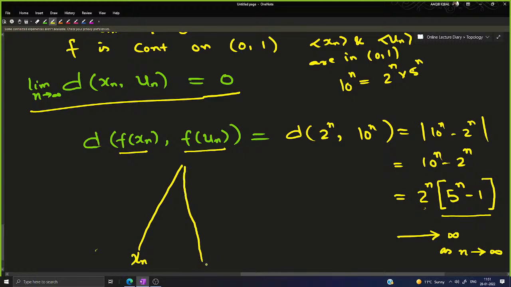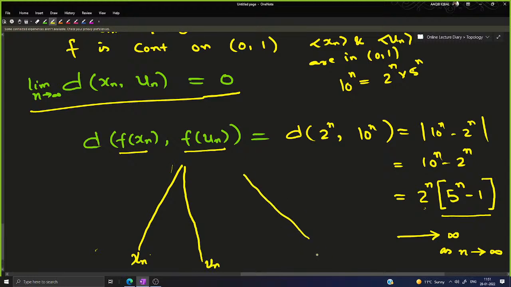तो x n's और u n's में इस तरह की रिलेशनशिप होगी, ये एक दूसरे के करीब आ रहे हैं, बिकॉज इन द लिमिट देयर डिस्टेंस इज जीरो, तो ये लाइंस एक दूसरे की ओर आ रही है to emphasize the fact that x n's and u n's in the limit their distance is zero. But अगर आप इनकी इमेजेस को देखेंगे, उनमें क्या हो रहा है, ये एक दूसरे से दूर जा रहा है,